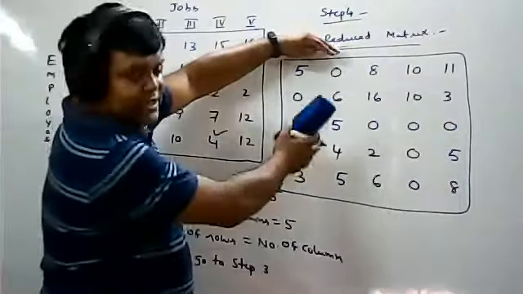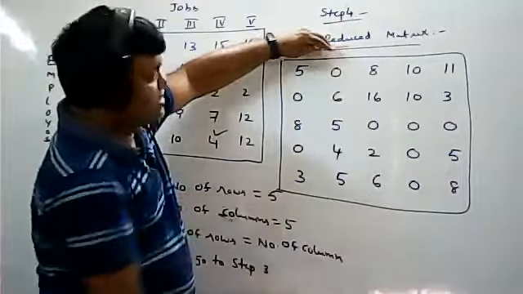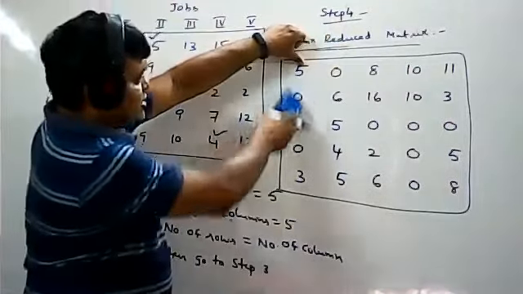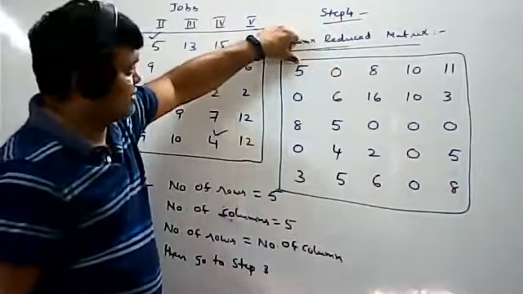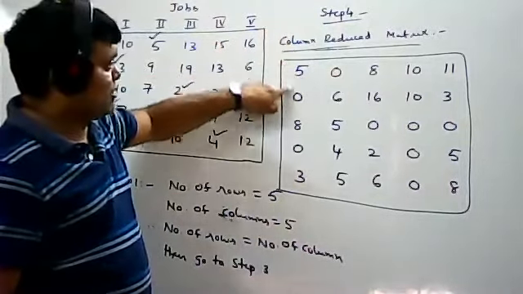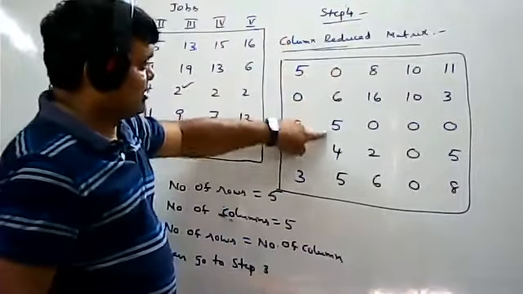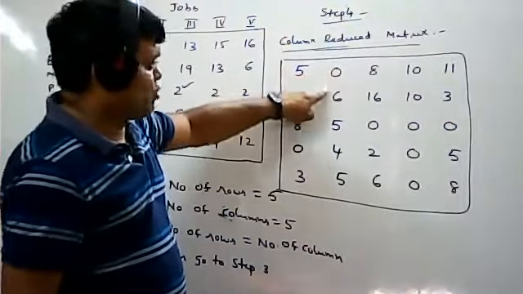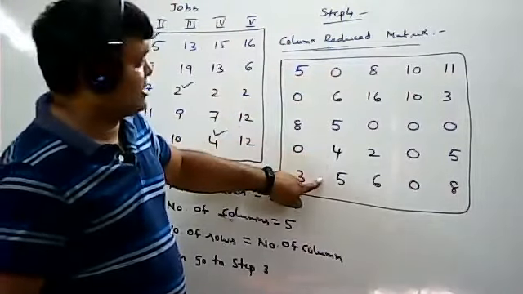This is actually the step number 3 table, and in this I will do the calculation. In the first column, the smallest element is 0. If you subtract 0, you get the same values, so the first column will be as it is. In the second column also, 0 is the smallest element, so you get the same column. Any value minus 0 gives the same value.